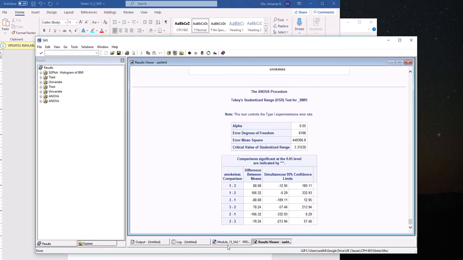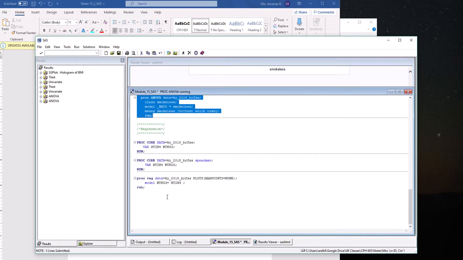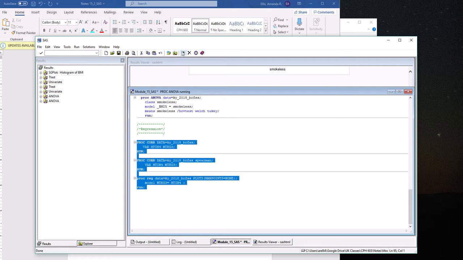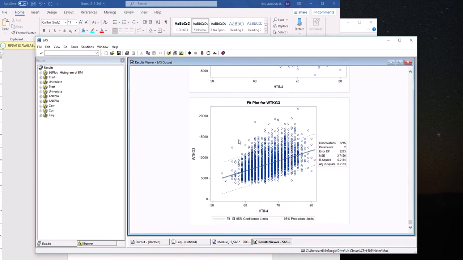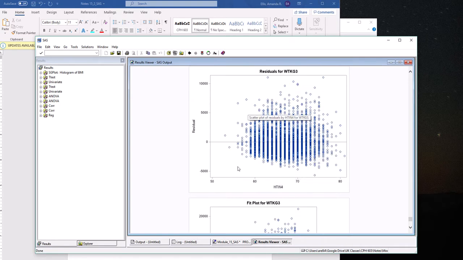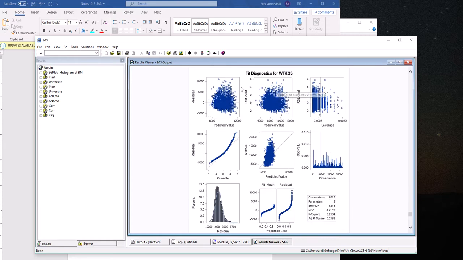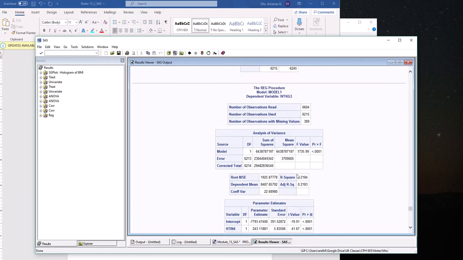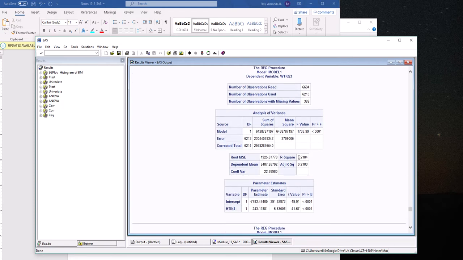All right, so the code, again, is exactly the same as what we ran in Module 9. This code is going to build the scatter plot, build the regression line, and as part of that, it goes ahead and performs the hypothesis test. So let's run this. Here's your scatter plot, there's your fitted regression line. We have some fit diagnostics here to look at the residual checks that we talked about before. These are useful for checking the assumptions for any regression test that you're going to perform, and SAS does a good job of giving you everything that you need in order to check assumptions. If we come up here and look at the output, you're going to notice there are two sets